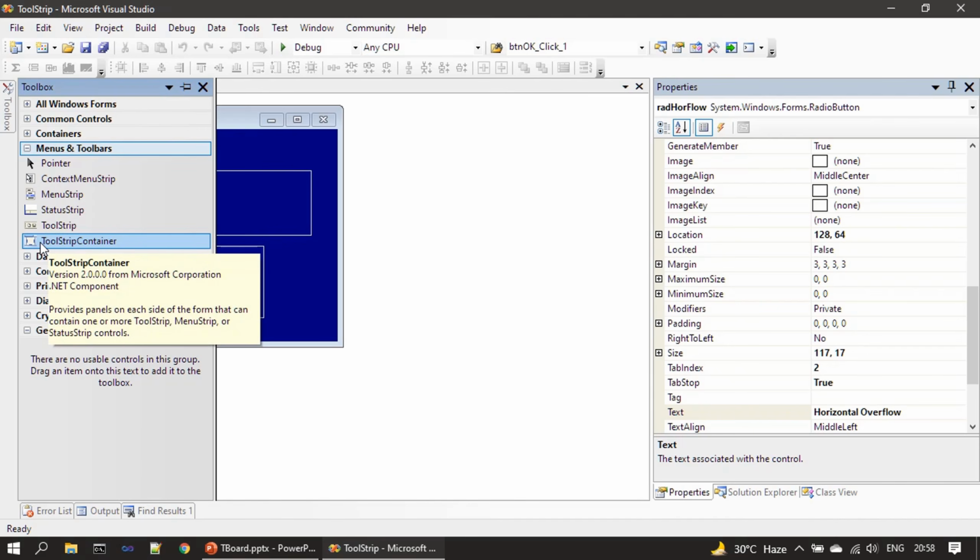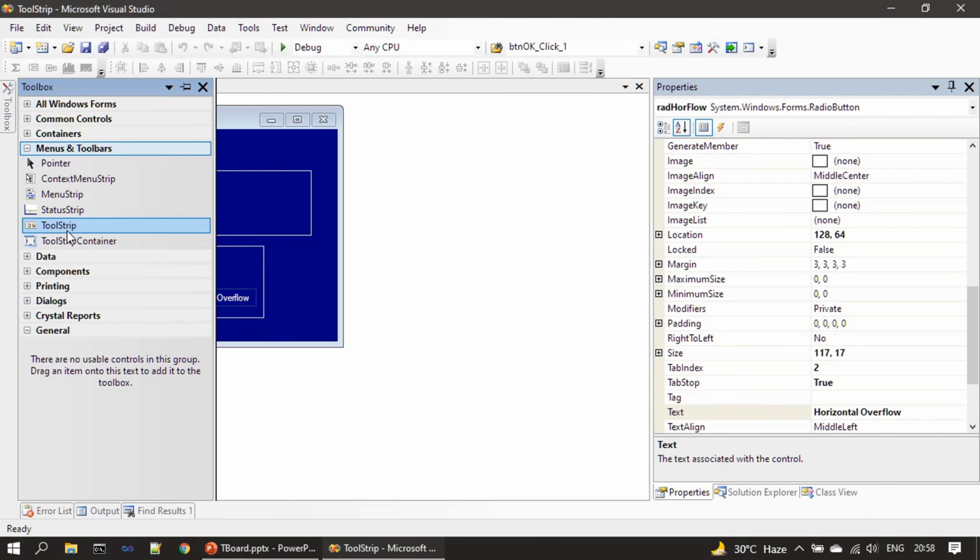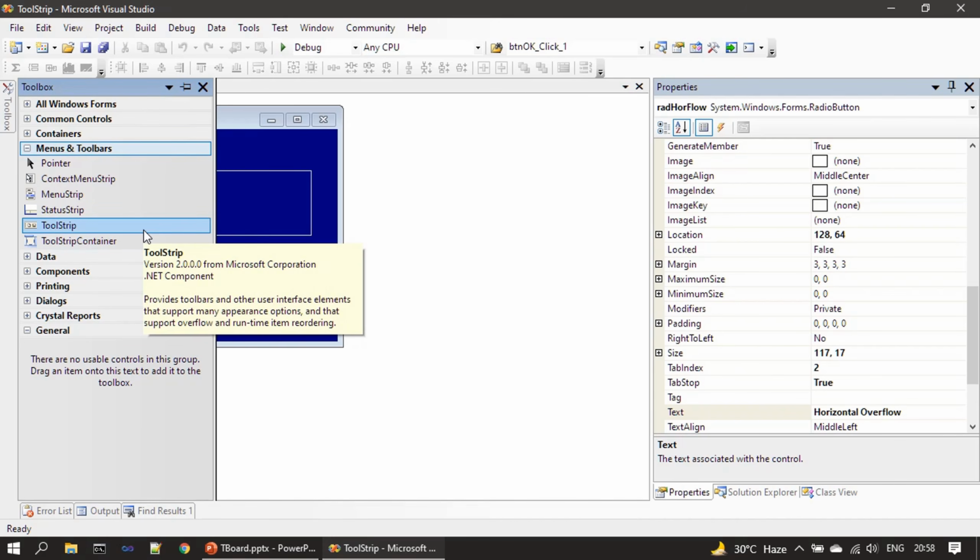So this one is the container. There are two flavors available. We will use this ToolStrip control, and you can see the tooltip text here provides a toolbar and other user interface elements that supports many appearance options. All right,